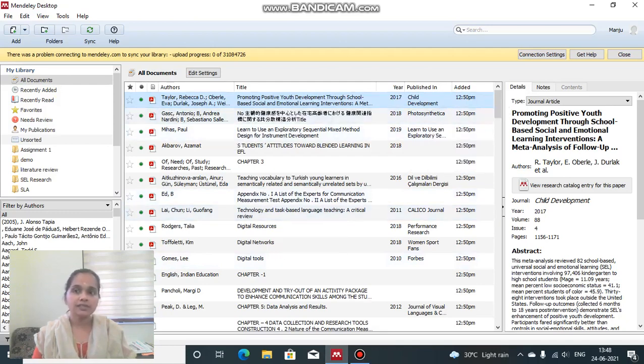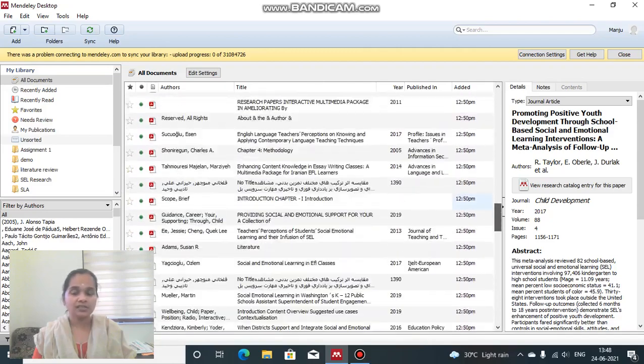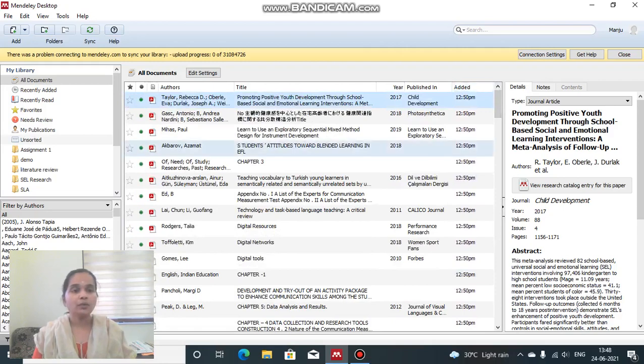As I have already signed in and have added many files to Mendeley Desktop, you can see a list of files before you. But when you sign into Mendeley Desktop for the first time, you will see this as blank. So you need to bring your files from your system to Mendeley Desktop. If you want proper citation work and proper references, it will definitely help you to have your files in your Mendeley Desktop.